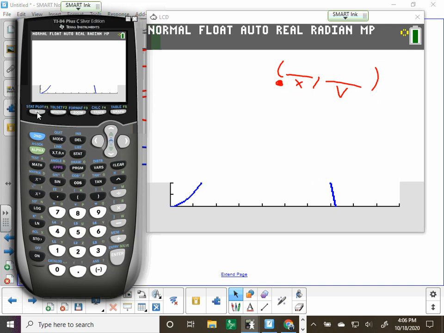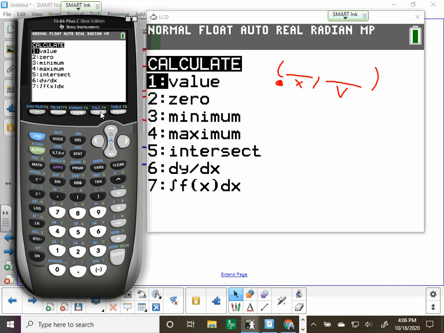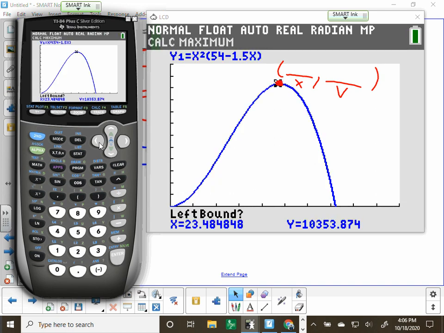So I go to calculate, and I'm looking for maximum, not minimum. I get to the left side, put the mark. I get to the right side, put the mark. And I go back and I guess the mark. So basically it's 24 and